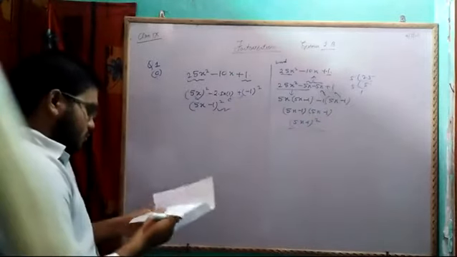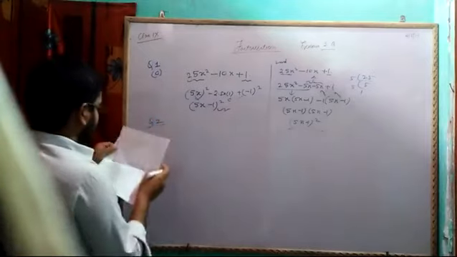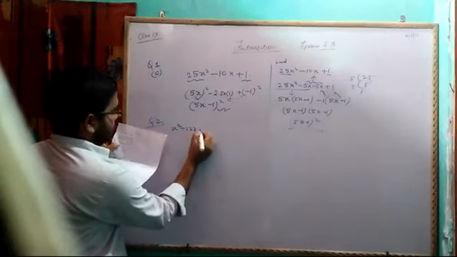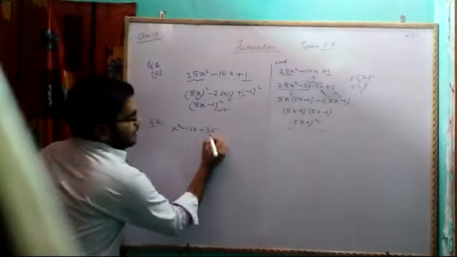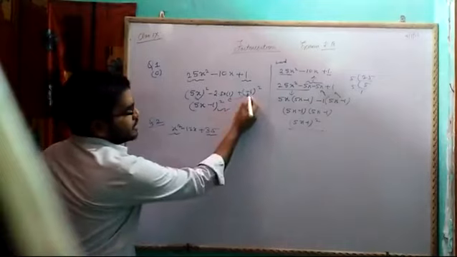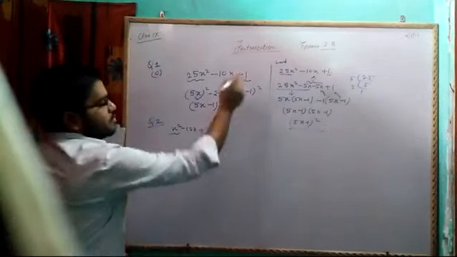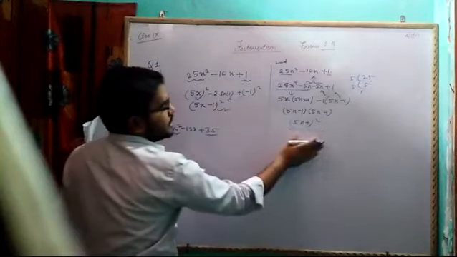Now next question, question number 2. It is given x square minus 12x plus 35. Same here, I am not having any perfect square. Here we cannot find it like in the earlier case, where 1 square was 1 only, and the other 1 square was 1 only, but here we are not having a perfect square, so we will be using this method.